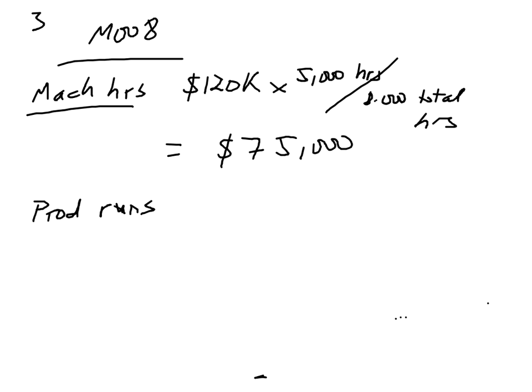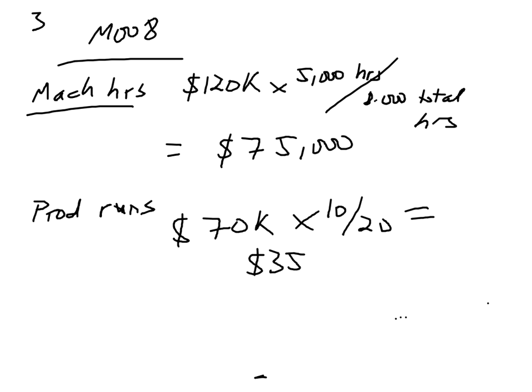For production runs, the total cost was 70,000, and it looks like there were 20 production runs in total. 10 production runs were made for M008, and the other 10 were made for the other reel. So you do the math there, 70,000 times 10 over 20, and you get $35,000 for production runs. And then finally for inspections,